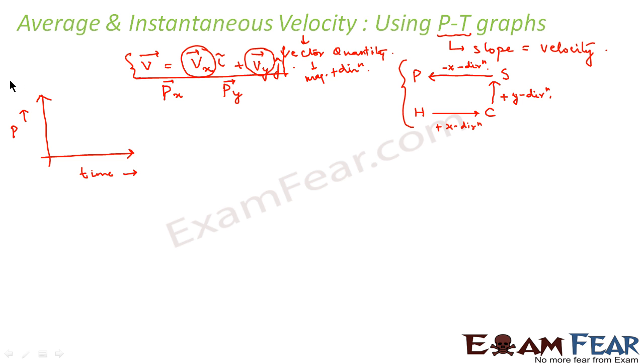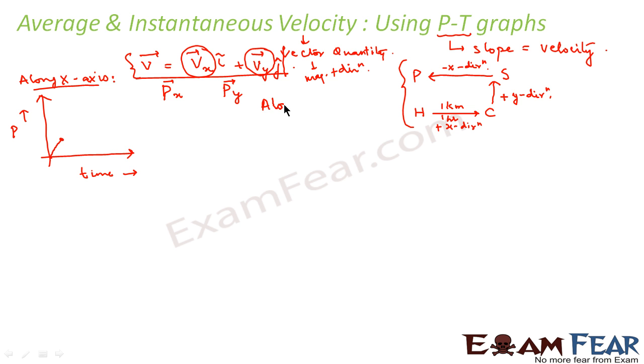So in the first case, let us plot the position time graph along the x-axis. Just remember the scenario which we discussed. Initially he travelled from home to church, that was 1 kilometer distance in 1 hour, right? So it travelled 1 kilometer in 1 hour, something like this. Fine. So this was along the x-axis.